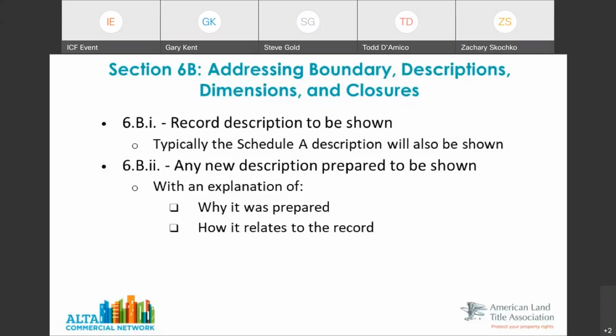And those two individuals in the transaction are the surveyor and the insurer. So if the title company has an issue with the descriptions, maybe there's an error in them, there's a scrivener's error, or there's a reason to combine three older descriptions in New Jersey into one description to clearly identify the property from an insurance standpoint, that may be something that is requested by the title insurer.